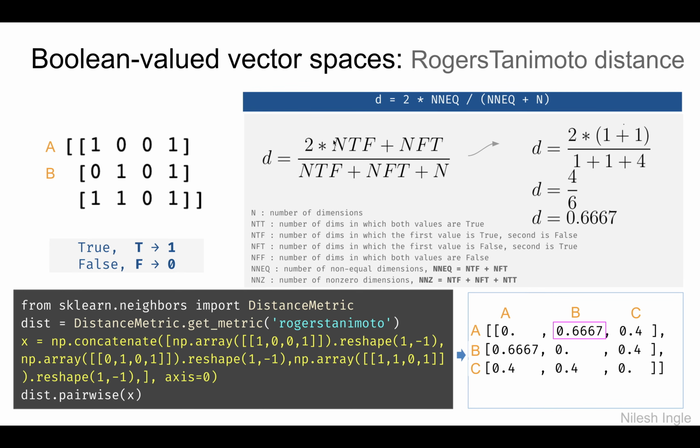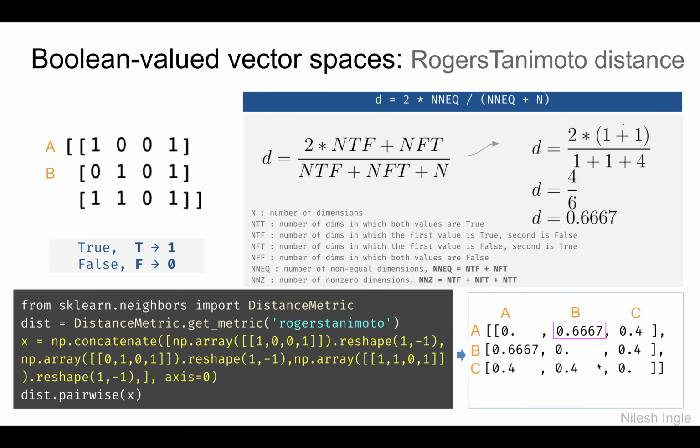These two should be in parentheses as shown here. So we are multiplying 2 by the summed values in this parenthesis, and then these values in the denominator. The Rogers-Tanimoto distance that we get in this case is D equal to 0.6667,